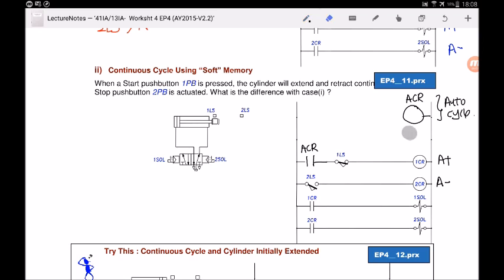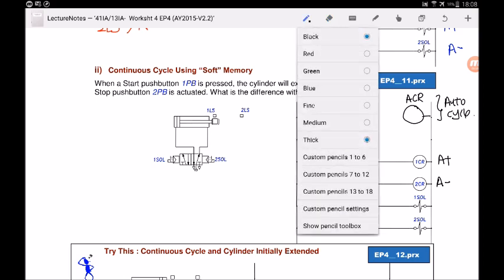So when ACR is energized, the ACR contact will close, and the cylinder will extend because 1CR is closed. When the cylinder is fully extended, 2LS will activate 2CR and the cylinder will retract. And the cycle will keep on continuing because ACR is constantly closed by this control relay. So who controls this ACR? Now I'm going to draw